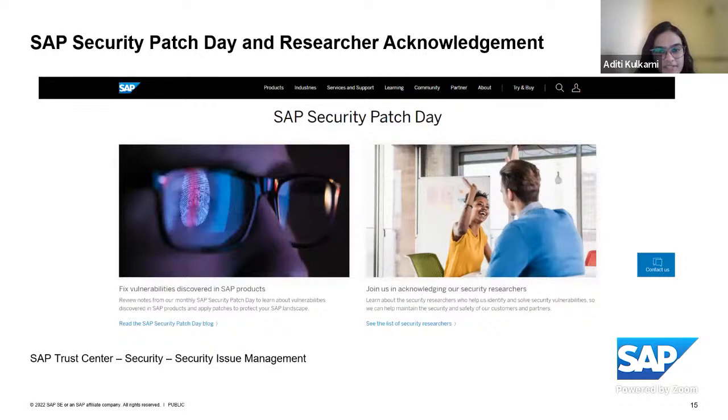Once the issues are fixed, if any customer action is required to apply those fixes, it is communicated through security notes released on security patch day, which coincidentally was just yesterday. These security notes are released, and on the same day, the researchers who reported these vulnerabilities are also acknowledged in the Hall of Fame. That's just background on how vulnerabilities in general are received in SAP.